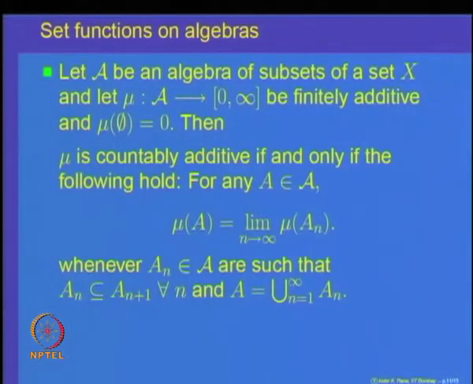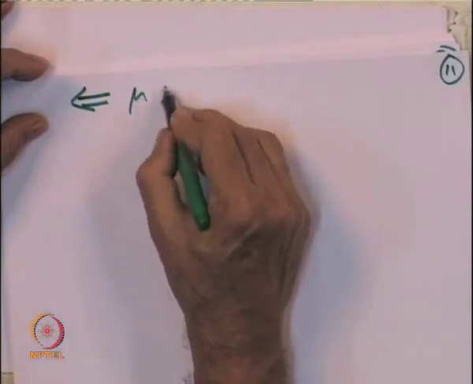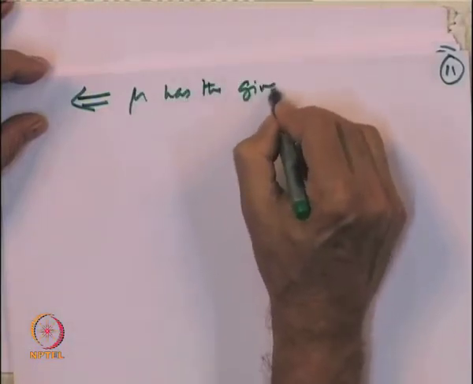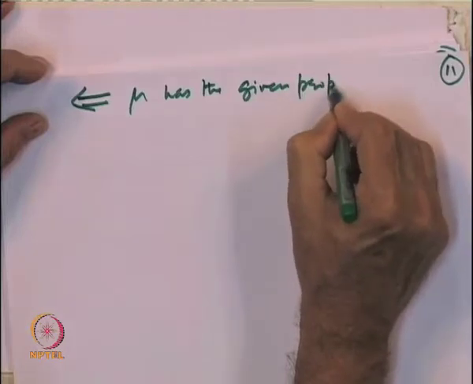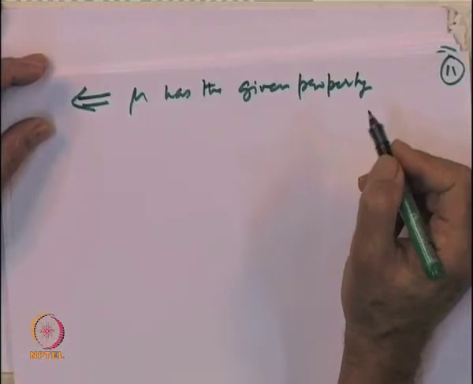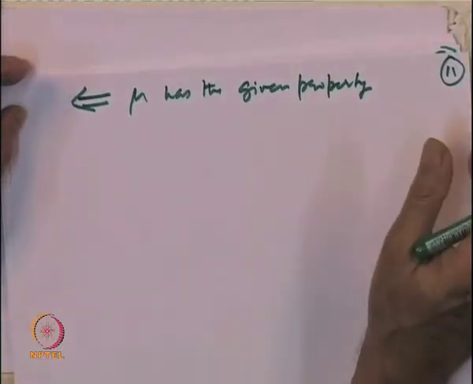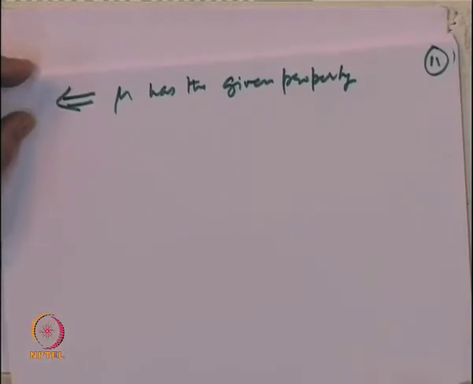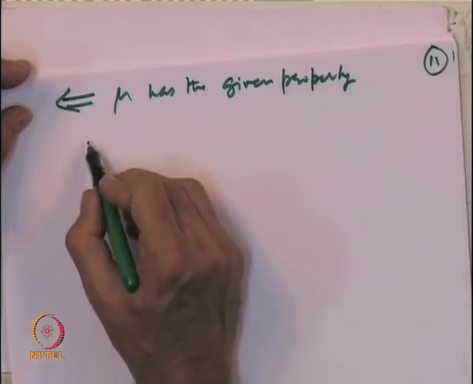So, conversely, let us assume mu has the given property. And what is the given property? The given property says whenever a set A is written as a union of increasing sets A n, then mu of A is equal to the limit of mu of A n. So, we want to show